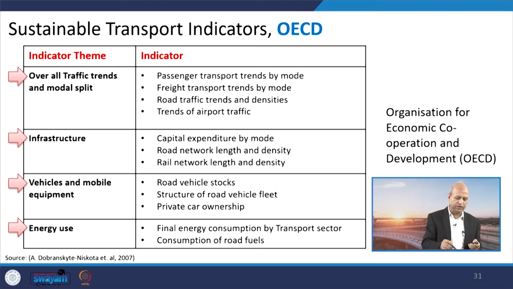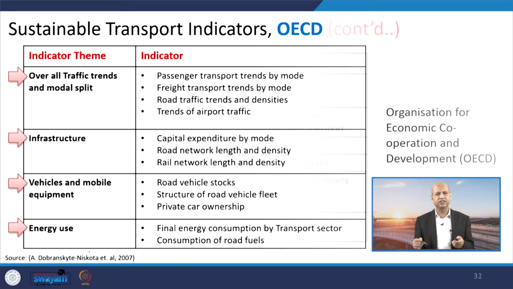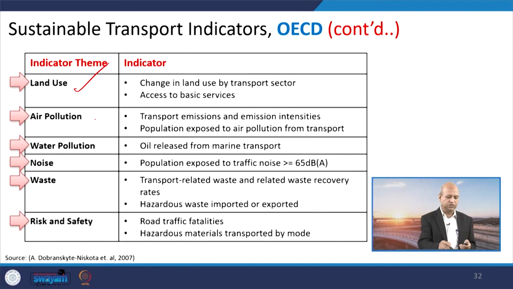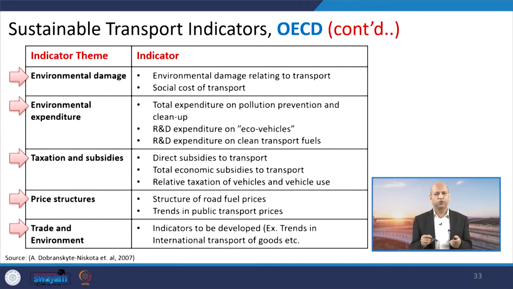So, they focus mainly on overall traffic trends and the modal split between different modes of the transport, infrastructure related issues, okay, road network, rail network, etc. Then vehicles and mobile equipments or energy use, all these are there. Okay. Similarly, land use, air pollution, water pollution, noise, waste and risk and safety. So, these are the more important issues from OECD point of view. Similarly, environmental damage, environmental expenditure, taxation, subsidies to promote the transportation infrastructure, price structures, trade and environment, all these things